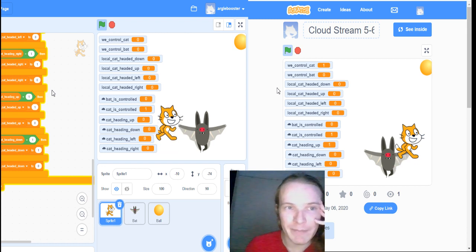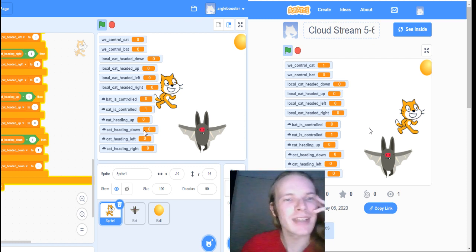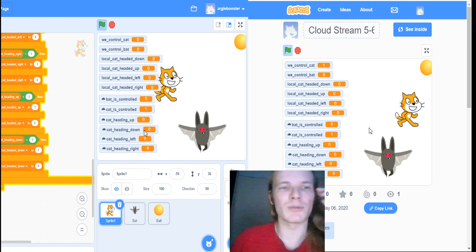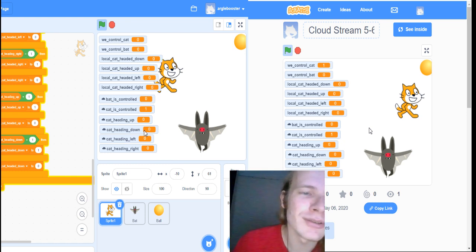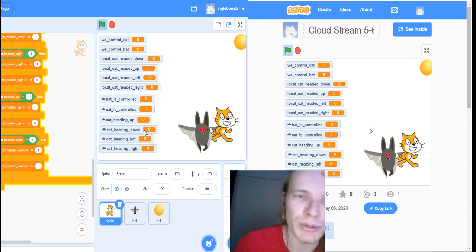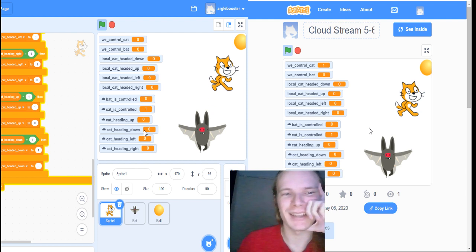So the up and down seem to be reasonable. Wait, where is cat heading down? So this cloud variable here on the left, the cat heading down, seems to not go to 0 ever, or not go to 1 ever, which is troubling. Whoa, why did it jump over just now? I think we're going to need to look at more parts of the code than I currently have. But for now, let's just look at